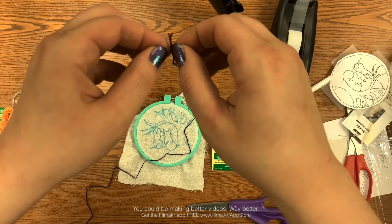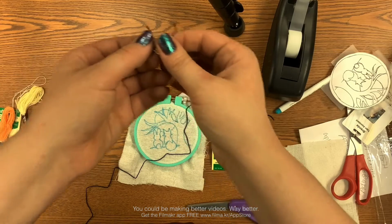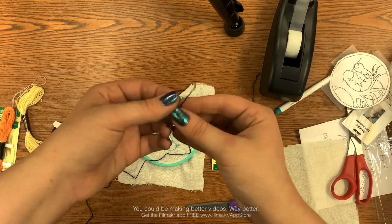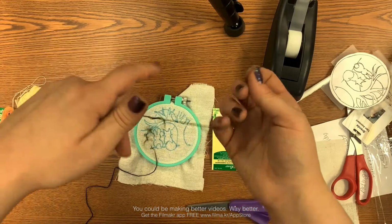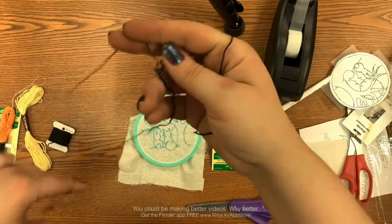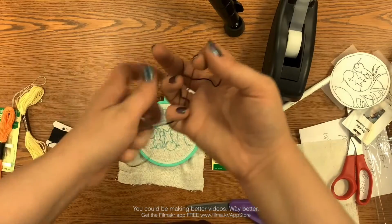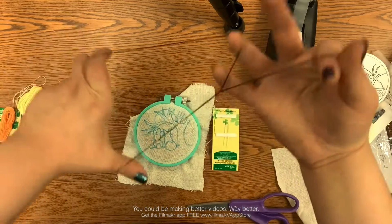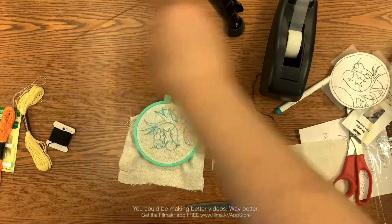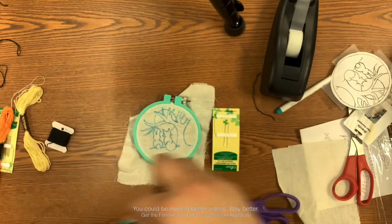Now that we have our pattern set, we need to get the thread ready. So you do have different colors of embroidery thread in your kit. What we're going to do first is the tree. So I'm taking the dark brown or dark red color and I am going to pull 3 strings out of that embroidery thread. Off of the bundle of thread that you have, you can cut however much you want. The longer your thread is, the more work it is, because then you're pulling with your arm quite far away